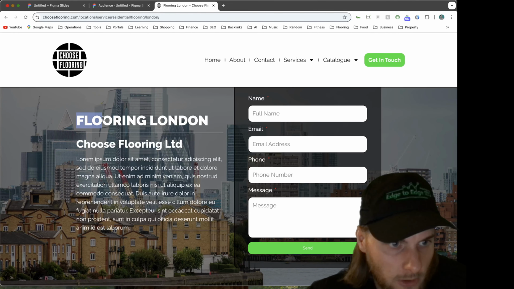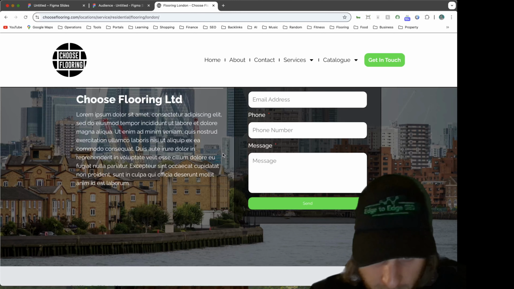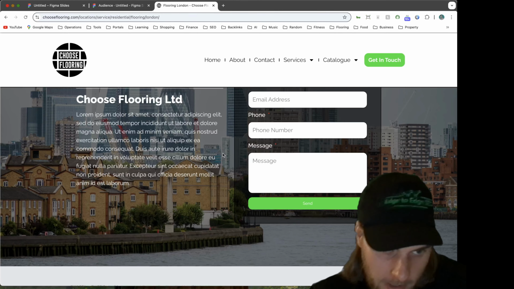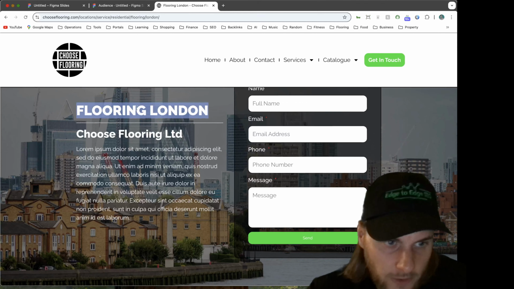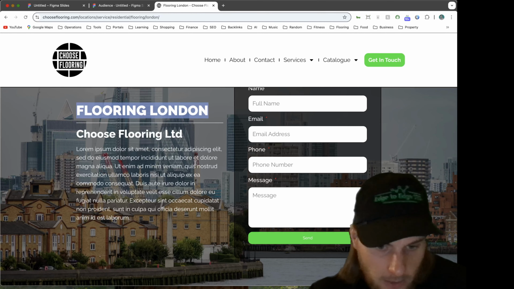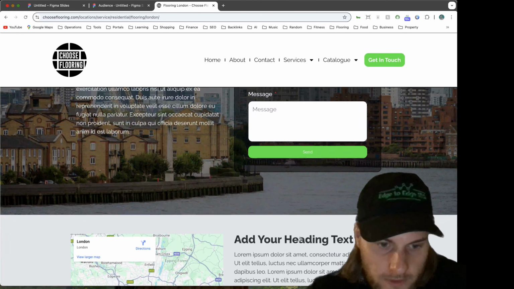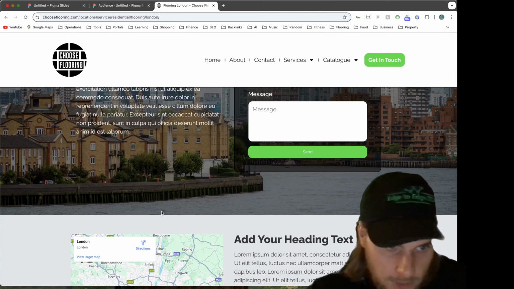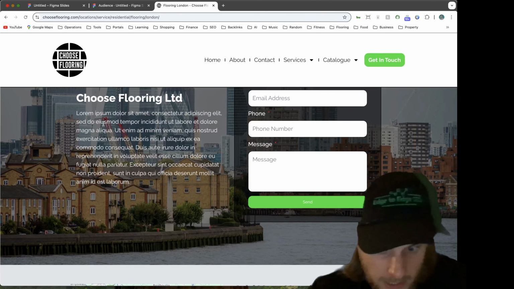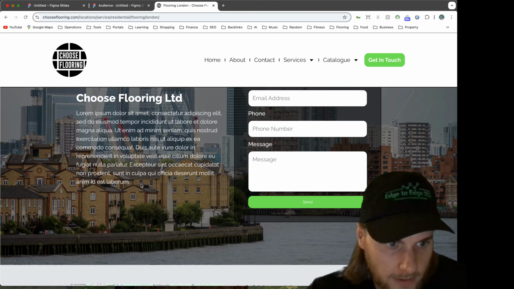So for example, on this Flooring London page, you might target vinyl flooring, LVT flooring, wood flooring, carpet, laminate, and you will find that you will start ranking for all of those different types of keywords. But there might be one or two keywords that you just cannot get to the top of the search results. For example, this page might rank really well for LVT and vinyl, but when it comes to wood flooring, you might find, a year or 2 years down the line, that this page just will not rank for wood flooring in London.